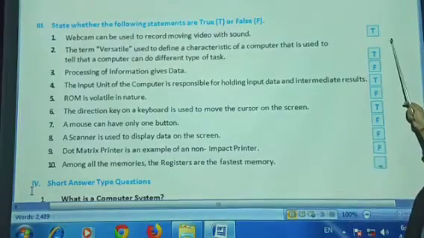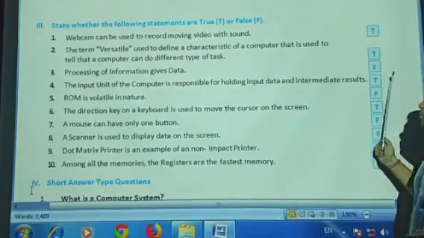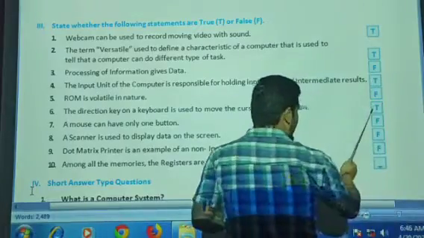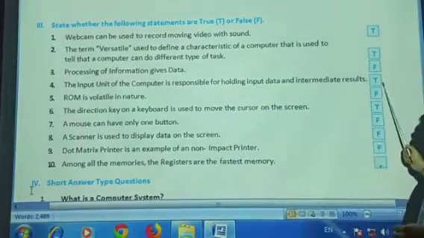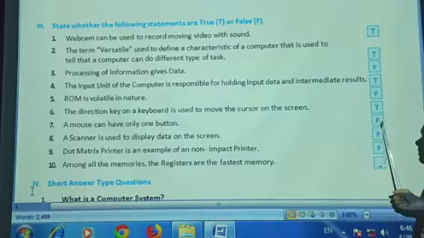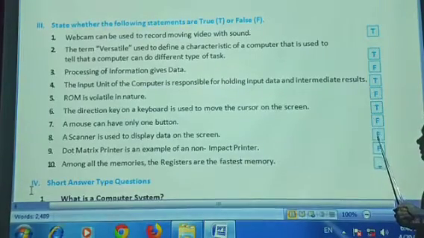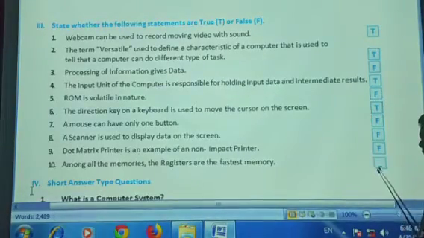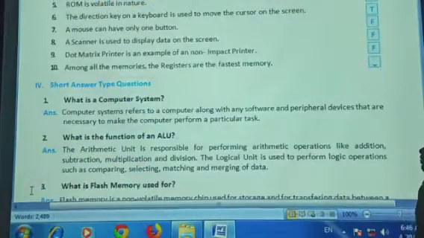For example, first one is true, second one is true, third one is false, fourth one is false, fourth one is true, fifth one is false, sixth one is true, seventh one is false, eighth one is false, ninth one is false, and the last one is true. So these are the true and false. After this,